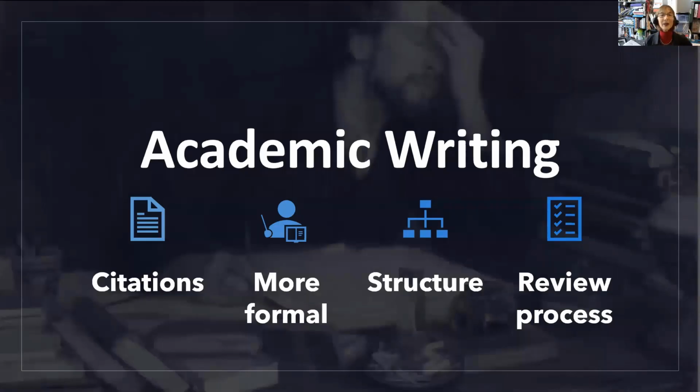Oh, there we go. Okay, academic writing. Citations, someone mentioned. It's more formal. It has a certain structure that people expect, and there are certain things about how we present the information, and then there is a review process. A lot of the other things that we do don't have a review process. So even though we won't spend much time talking about that, that is a distinction of